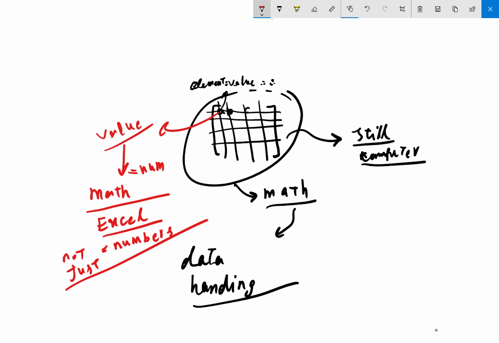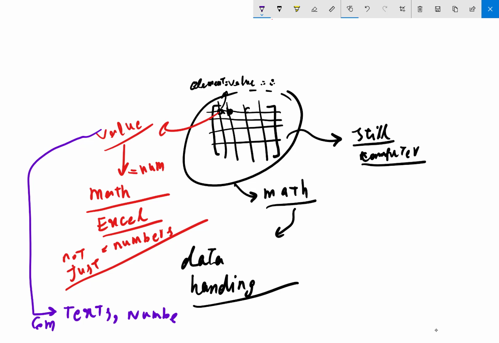We can have text as well. So the values in the computer can be text, can be numbers, can be dates, or can be Boolean, 0 or 1,